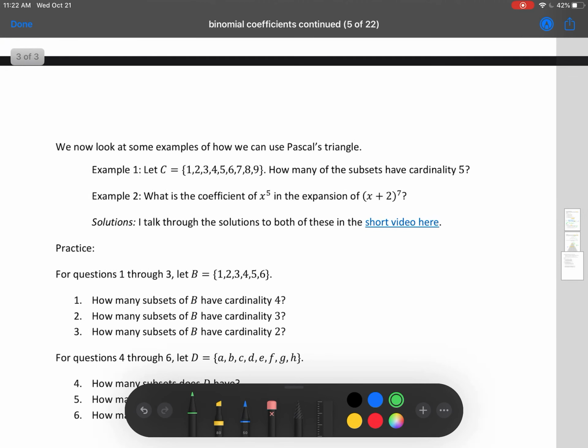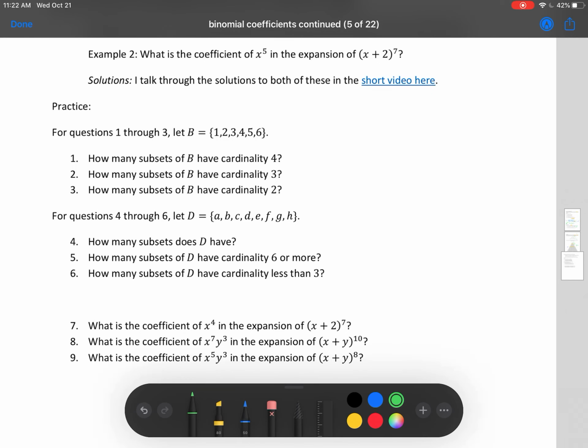All right, so then I do some more examples here, and I've given a video solution so you can watch that next before you attempt